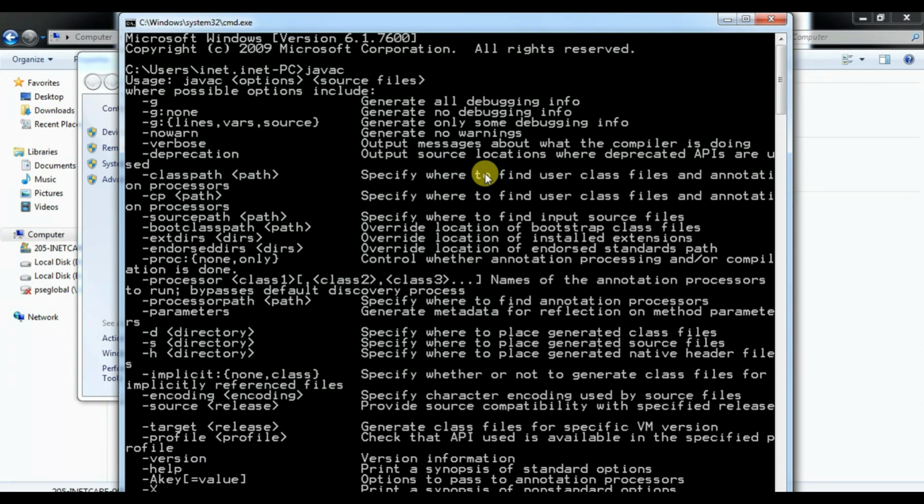If it looks somewhat difficult, you can also go with the NetBeans software. It will not require you to follow all these steps to set a path, temporary or permanent, and all those things.